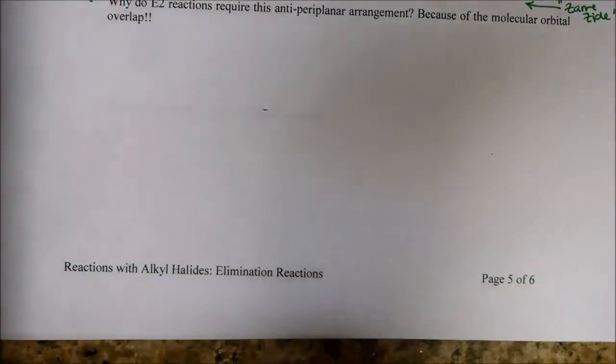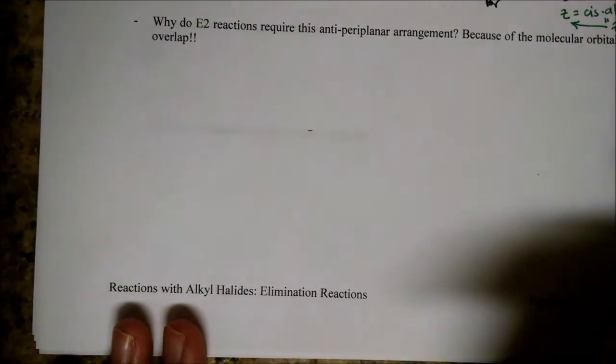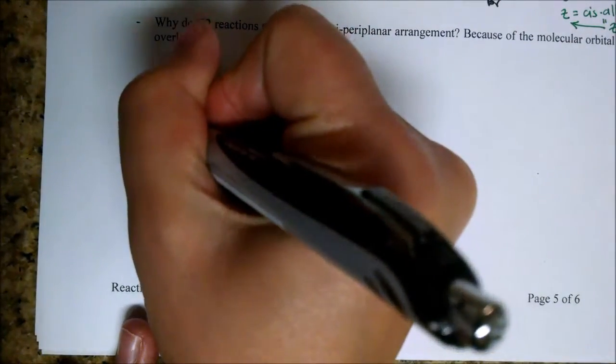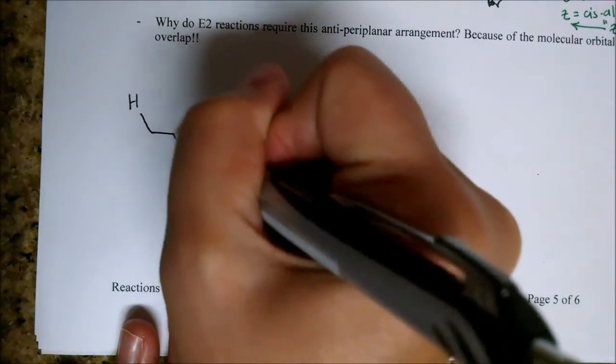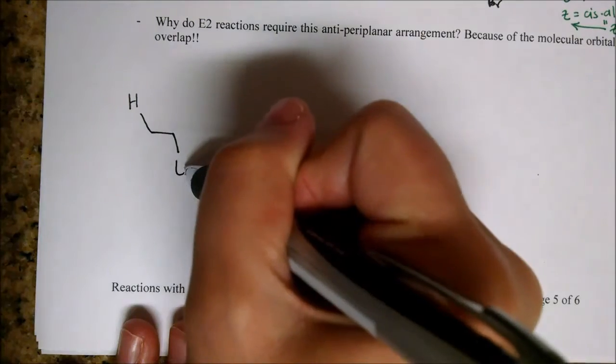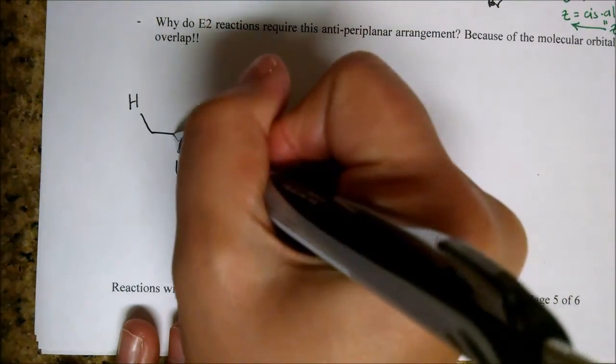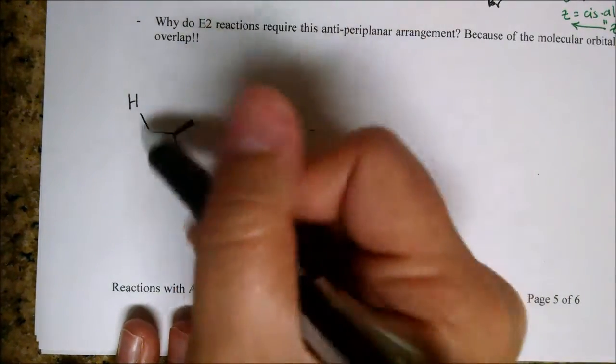I believe I've mentioned on multiple occasions the importance of molecular orbital theory, and this is no exception. Alright, so let's take a look at what these molecular orbitals actually look like. Again, they have to adopt this anti-periplanar arrangement. I'm going to draw it nice and big to show you when we adopt this anti-periplanar arrangement,